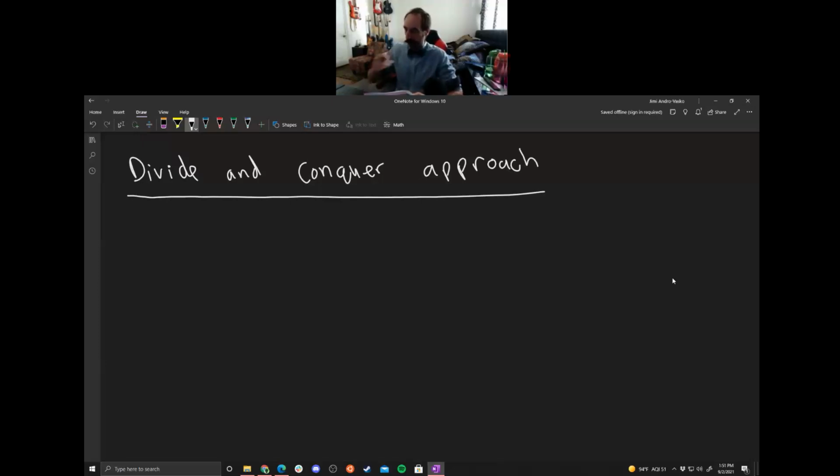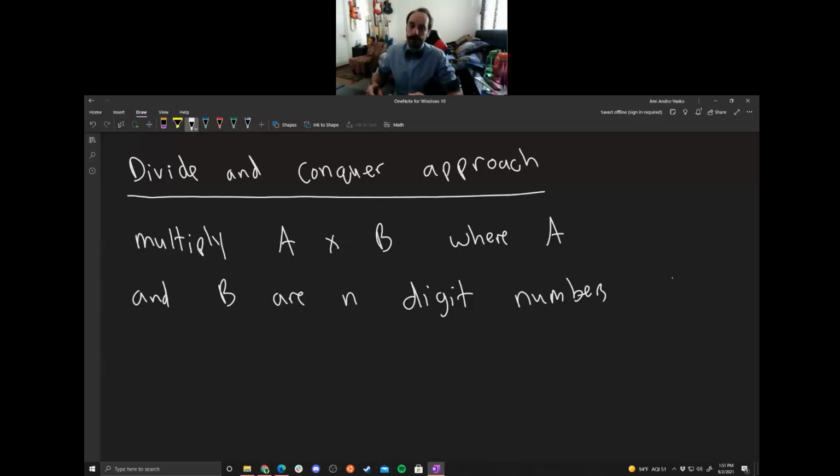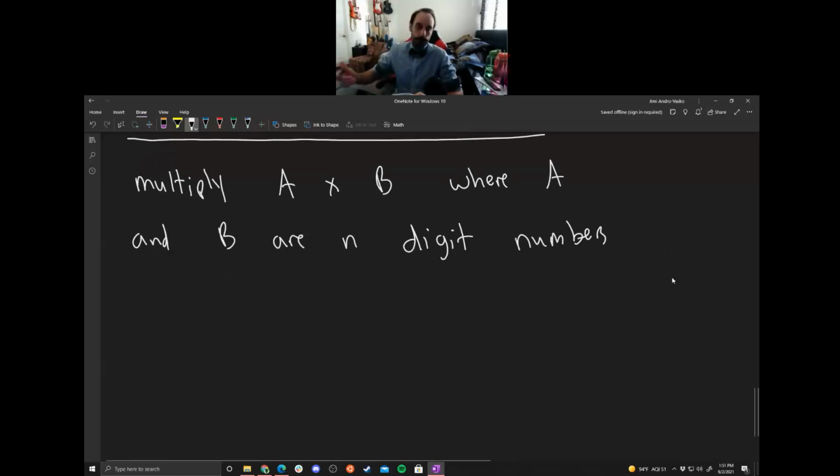Okay, so suppose we multiply two numbers. Again, we're going to multiply A times B, where A and B are both n-digit numbers. Let's go ahead and think of it like this. I'm going to show you this method, and then I'll try to explain it further. So let's try the following method. We're going to have